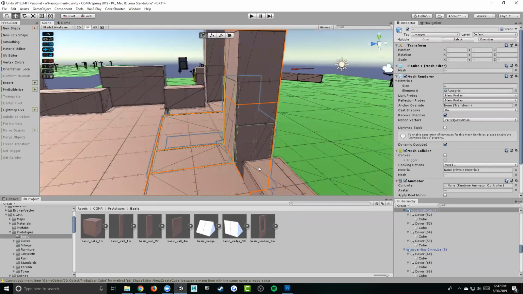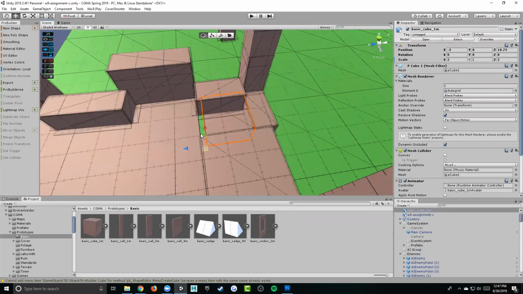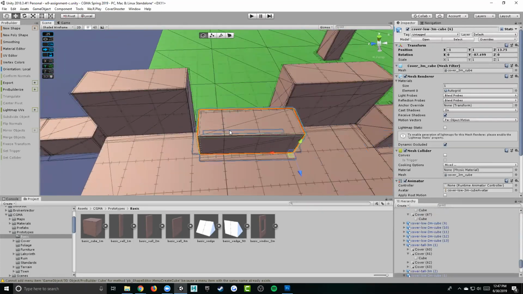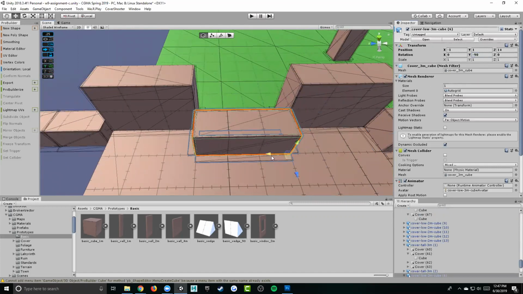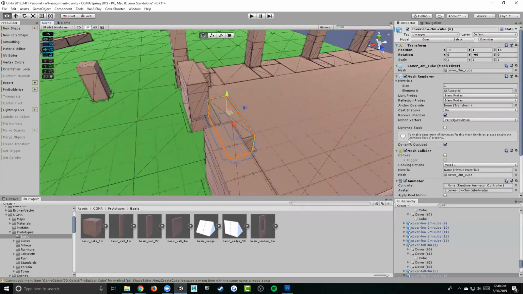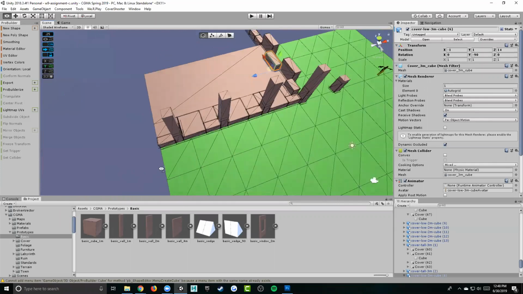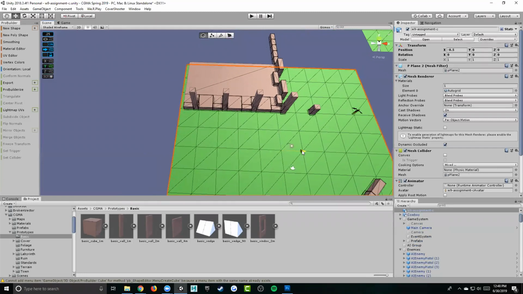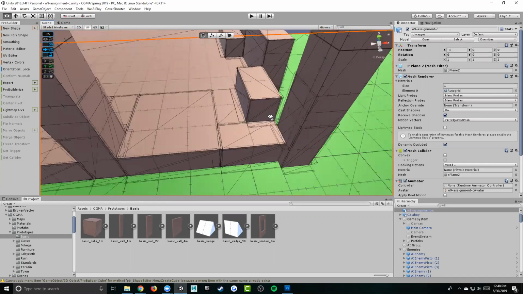It's going a little slower than I was intending. All right. This is rotated weirdly. Lovely. Okay. Okay, that's something. It's not ideal, but it's something. So this becomes like a defensive position for them here. I'm going to cheat and move. Make that 3 meters wide. I'm probably going to also